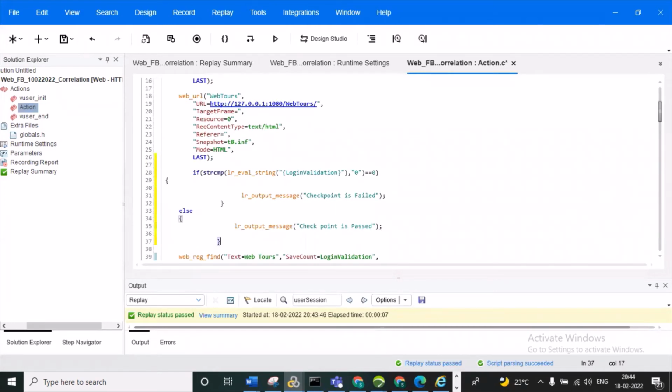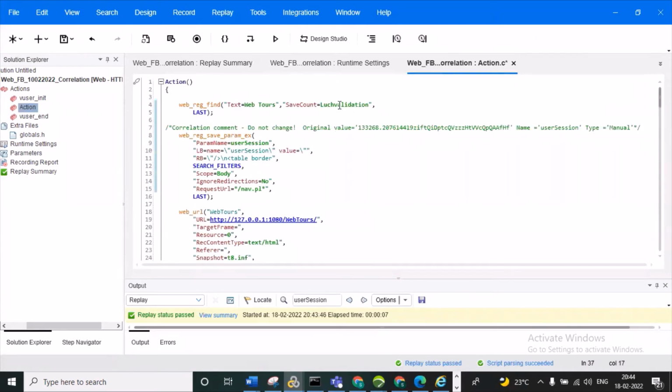So now we need to change the save count name. What is the save count name? Launch validation. You need to give launch validation.